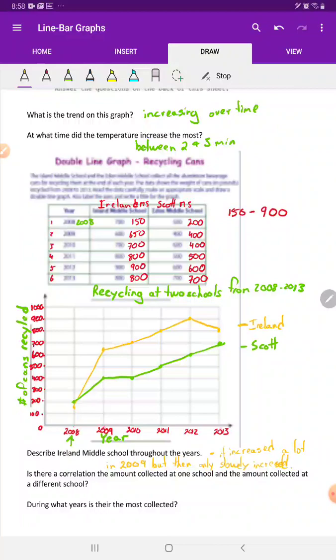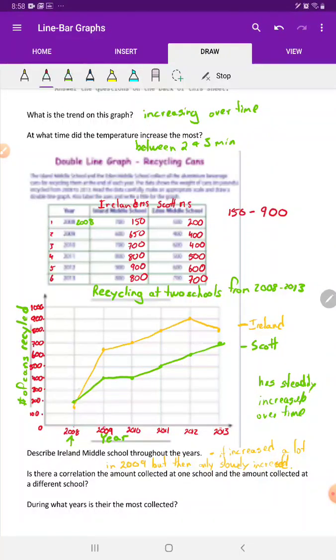Sorry. And if I wanted to say something about Scott Middle School, I would probably say Scott Middle School has steadily increased over time. And you can see that